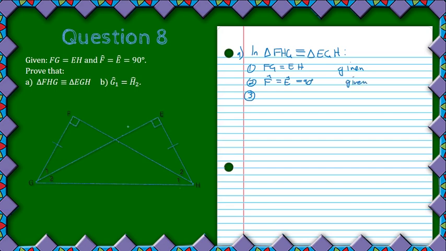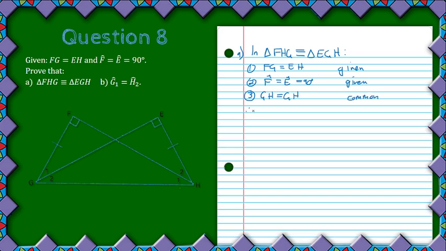And then the third one we need to find. So if we look at these triangles, this angle being equal to this one and this side, then it means that these flat sides are the sides that need to be equal, and it's a common side. So I can say that GH equals GH, so that is common,